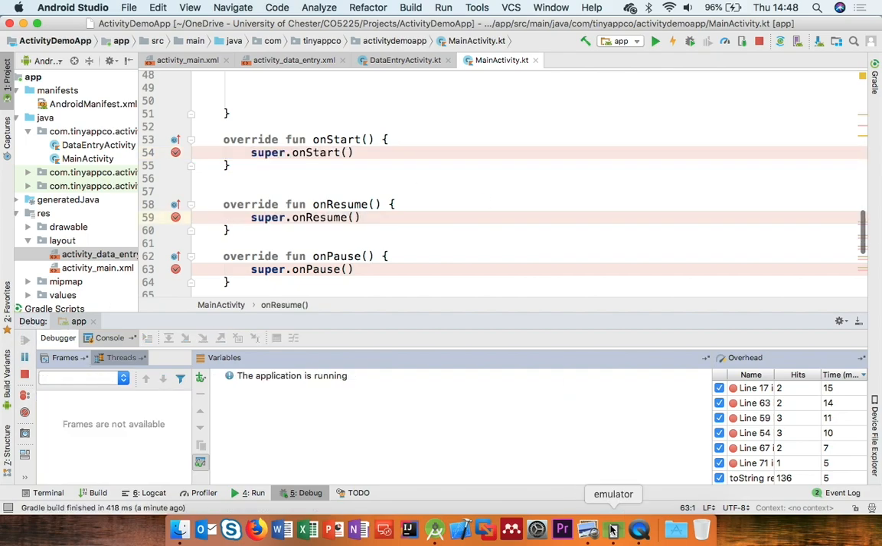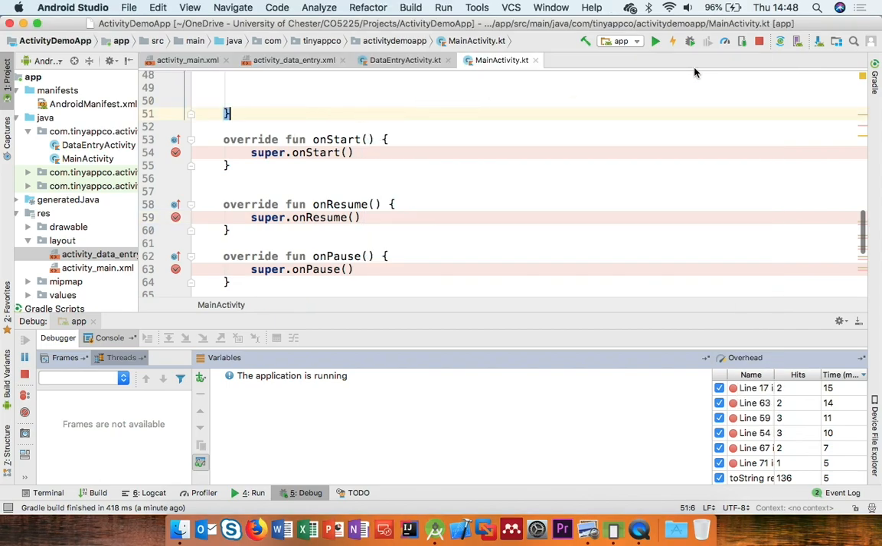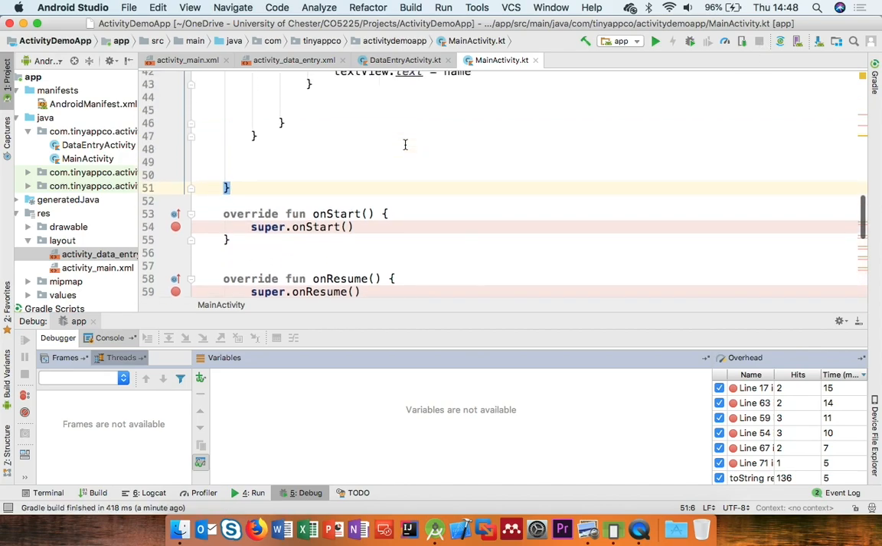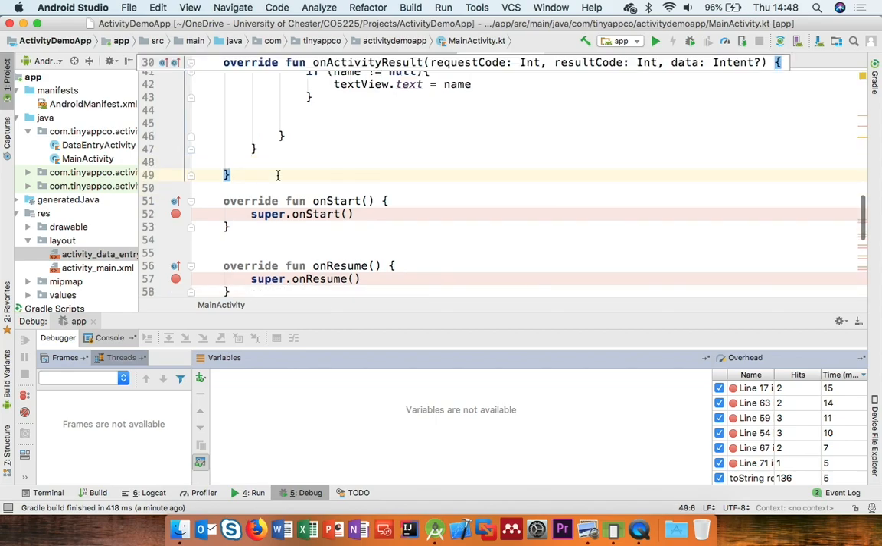Okay, but we've lost the text that we had in here. So we need to think about how we can go about fixing that. What we didn't see on that activity lifecycle diagram is a method called onSaveInstanceState. That gets called when the application is shutting down, or the activity has been closed